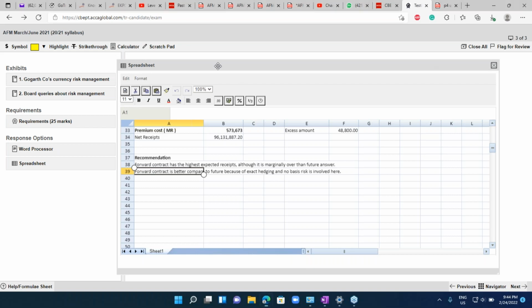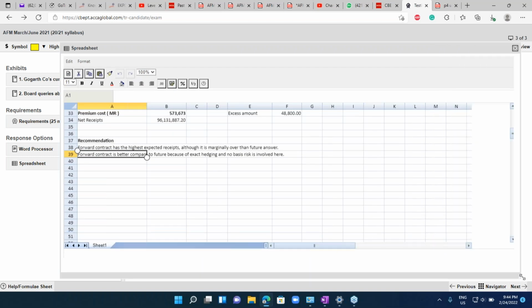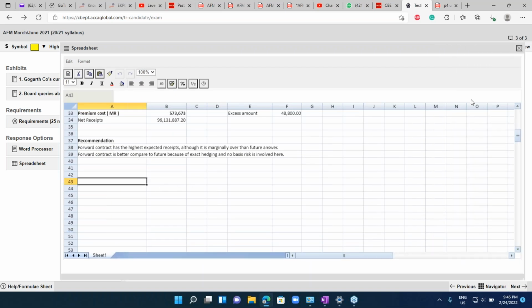Here the forward contract is slightly better, so we will explain the forward with the future. Then you will write that although option contracts are generating the lowest receipt,